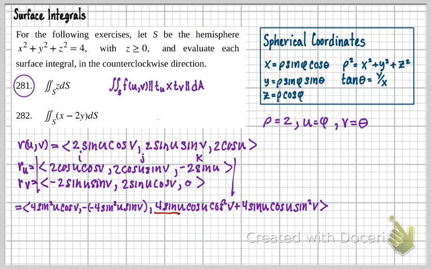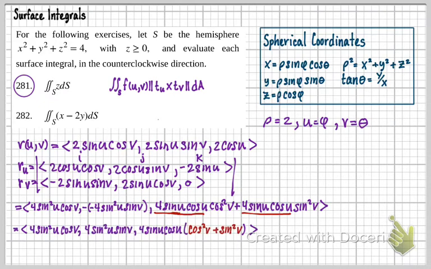Because notice from both of these, we can actually pull a 4 sine u cos u out of both of those. And notice we're going to end up with a cosine squared v and a sine squared v. So I'm just going to write that out for you below. So then there it is. And this piece here is actually going to give me 1. So then that's going to result in,